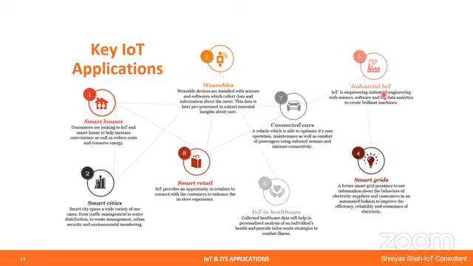Then industrial IoT, that is industry 4.0. It's like empowering industrial engineering with sensors, software, and big data analytics to create brilliant machines. That is, huge machines are there. We are empowering them, or embedding different sensors on them, with an ability to get connected with the internet, with multiple software, and with connectivity to cloud services for big data analytics. Then comes connected cars.